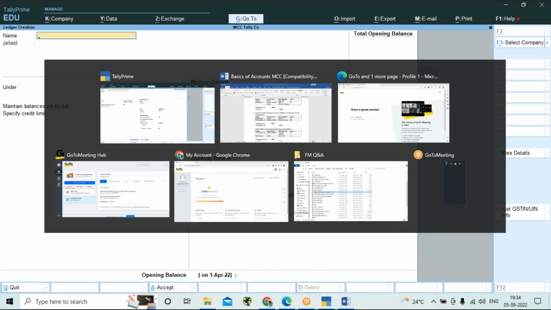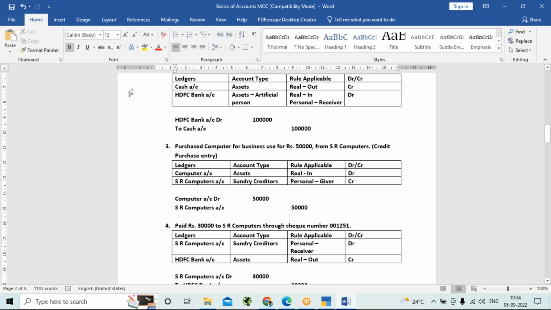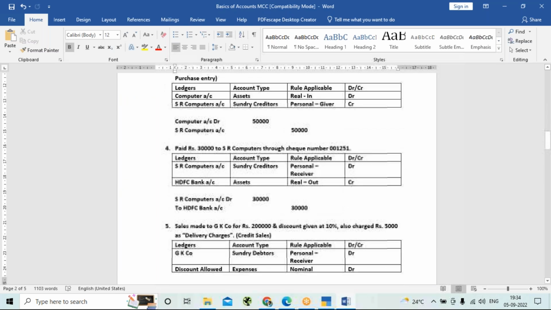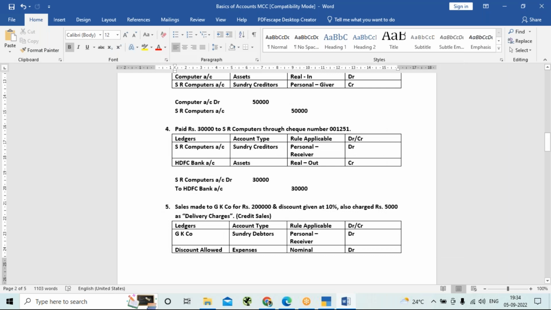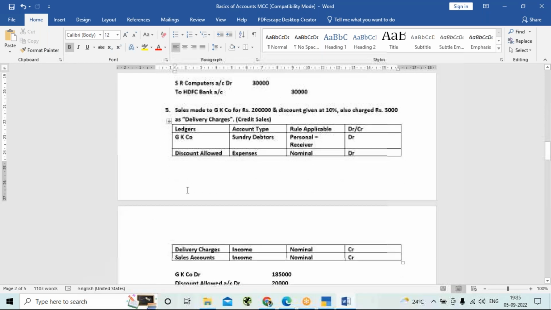The next ledgers as per the screen. It's not required for us to create SR computers because we created it just now. HDFC Bank is also already created, so it's not required to create. The next ledger is